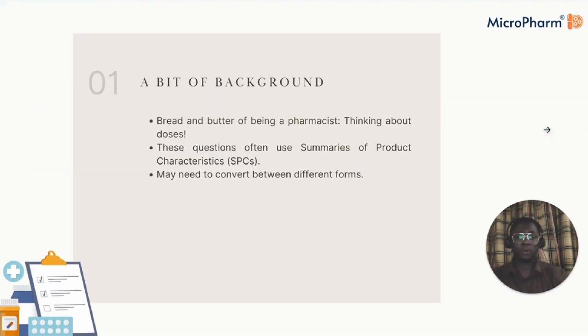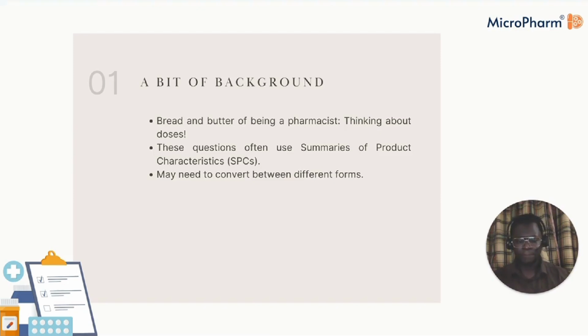So like I mentioned before, doses are your bread and butter as a pharmacist. We always think about doses. And with these types of questions, it's not uncommon for them to make reference to the summary of product characteristics. My advice would be that if you haven't come across an SPC yet, or you haven't read an SPC yet, read one. They are free to access on the internet, and I would just familiarize yourself with them. And by that, I don't mean you need to memorize every single SPC of every single drug, but what I would say you need to do is just get used to the structure of them, know where to find relevant